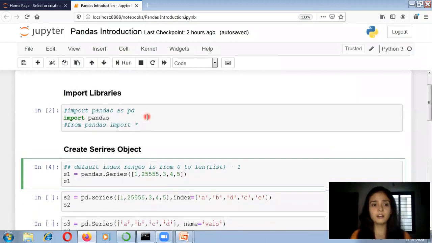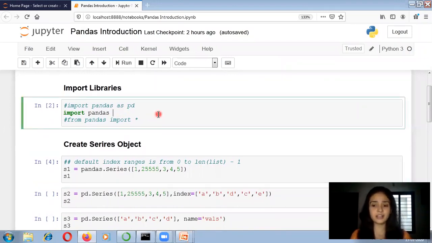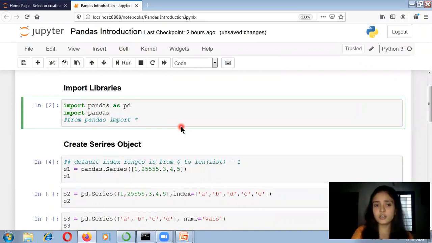So this is my notebook. Over here, first of all, I have to import the libraries. You can import the libraries in three different ways. You can write import pandas as pd, or import pandas, or from pandas import *. Just as an example, I am using the middle statement, import pandas, so I am commenting out the other two statements.